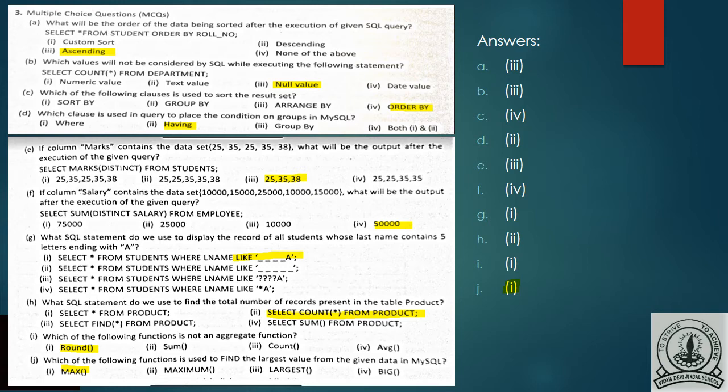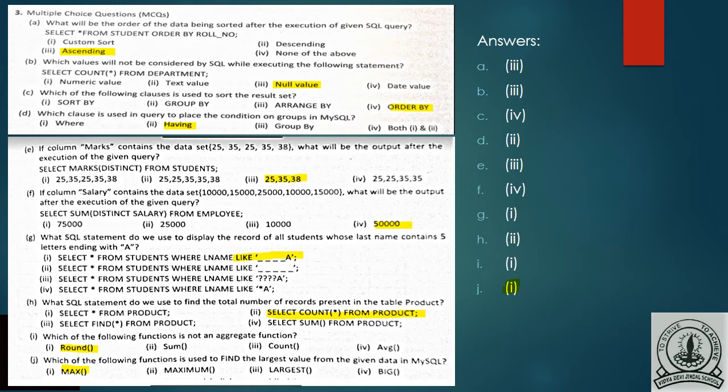So in this case, what should be your answer? Your answer will be first one. Select asterisk from students where L name like 4 underscores then A, and it should be in single quotes. 1 underscore represents 1 character. First 4 characters we do not know, but we know only last character.